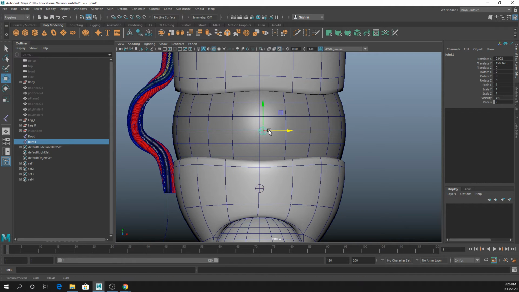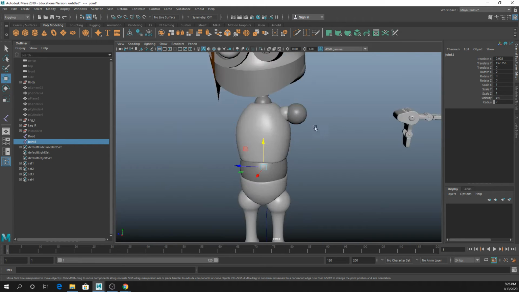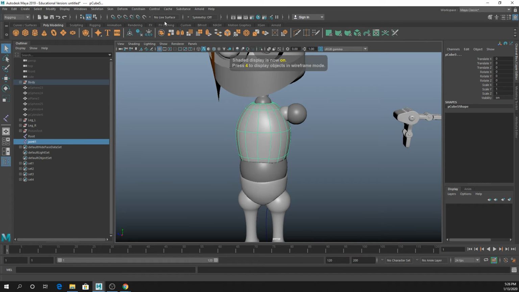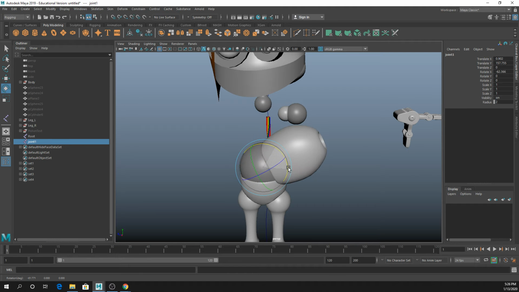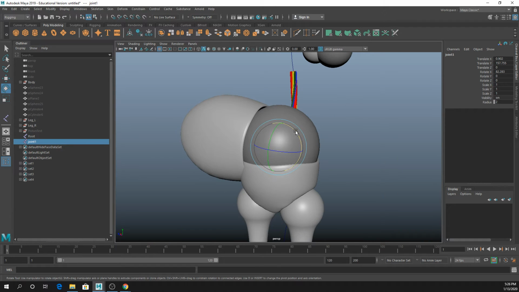So I'm just going to make this slightly offset. It kind of looks correct if you're not looking at the wireframe, but it's not quite. I'll go ahead and attach this, really quick and dirty. Parent. So if I grab this joint and rotate it around, I don't think I made this extreme enough of a difference, but